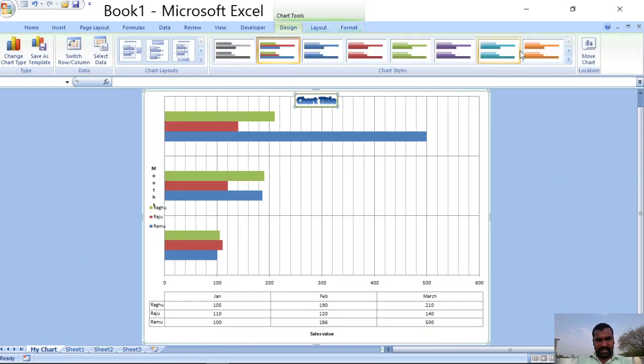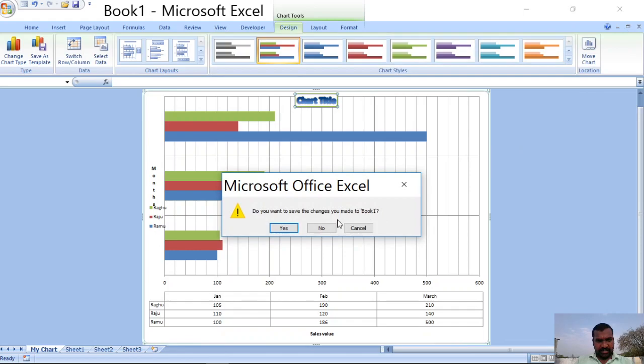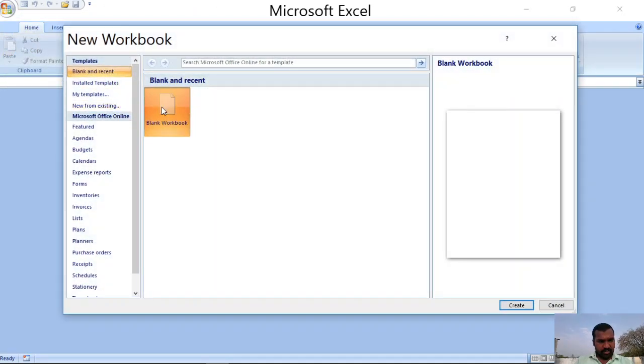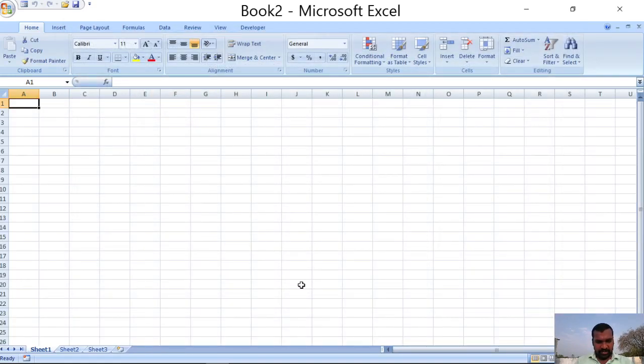so once again I am repeating these things. Now I am going with a new blank sheet, create. So a blank sheet will be created. Now I want to display the performance of a few students.